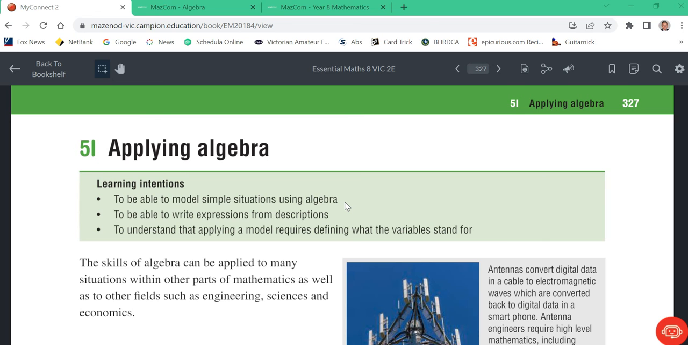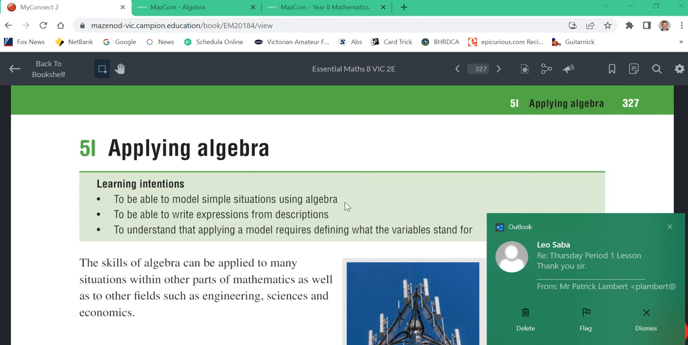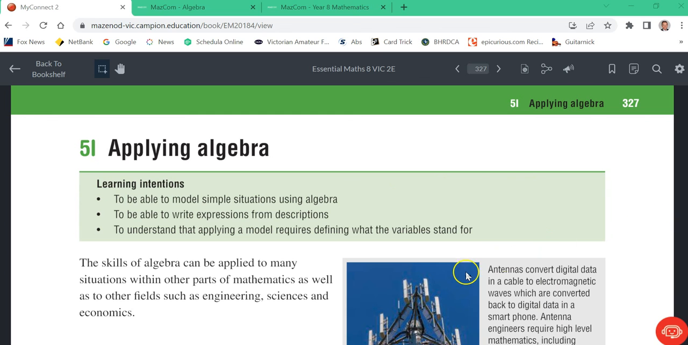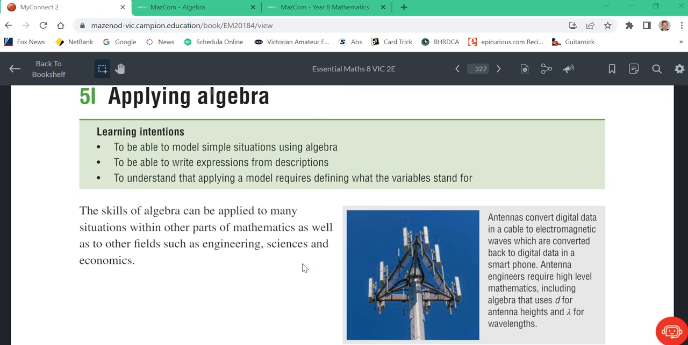So that means we give the pronumerals or the variables a value. So the skills, the higher mathematics and skills of algebra are being able to apply it to situations that we hadn't thought of. So let's have a look,